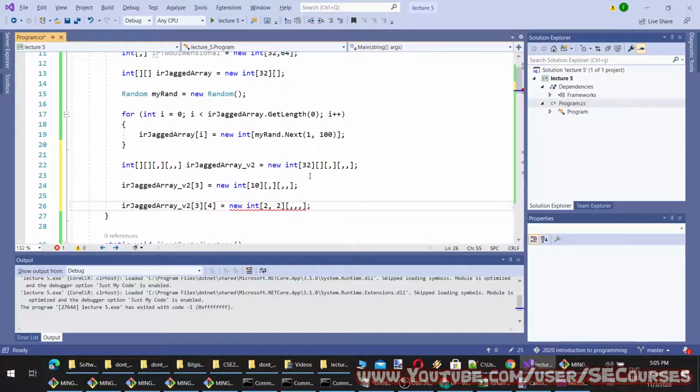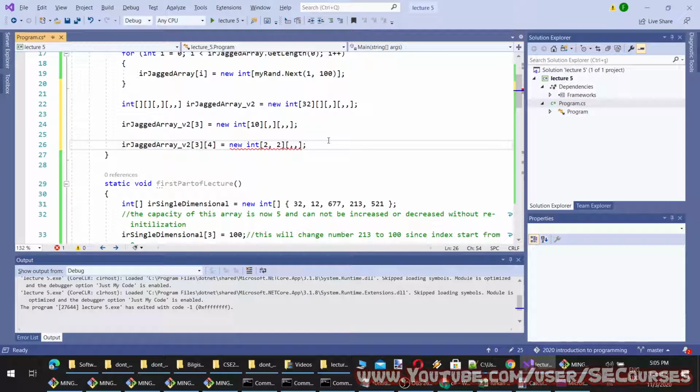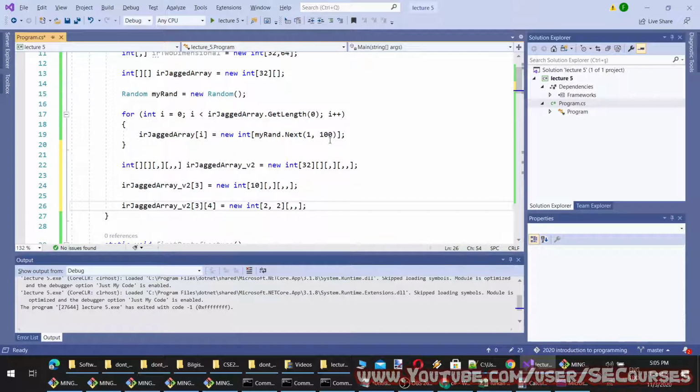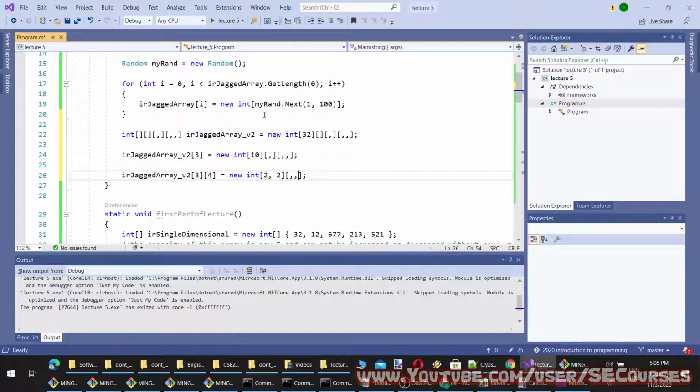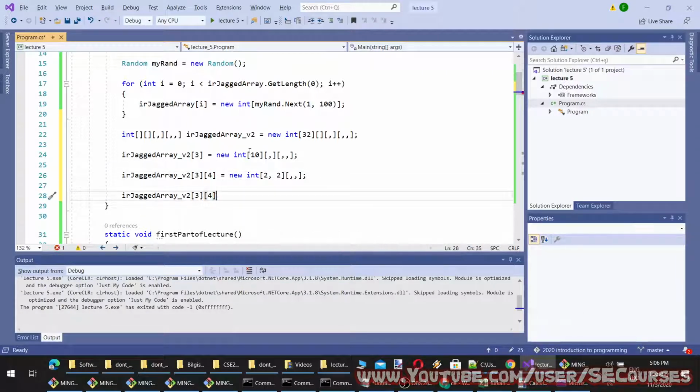This can be really confusing. Actually, I have never used jagged arrays previously because I didn't need to. And you see, it is becoming more confusing and harder to understand as we progress. And then I am going to access the next element and initialize it as a new int. This time only the last element. Let's make it 5 or 3.